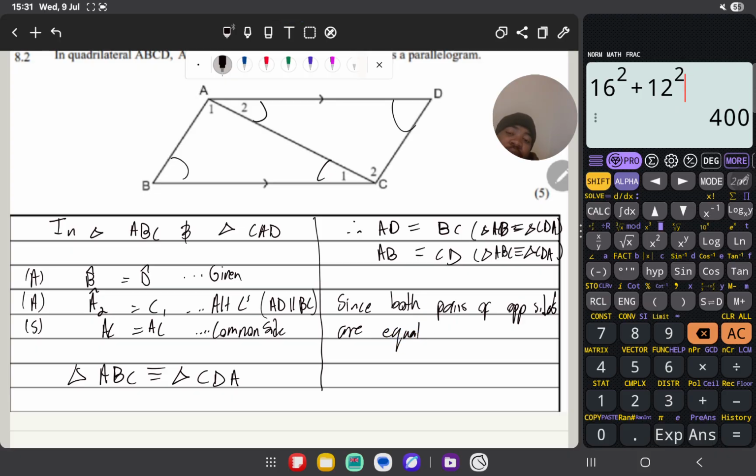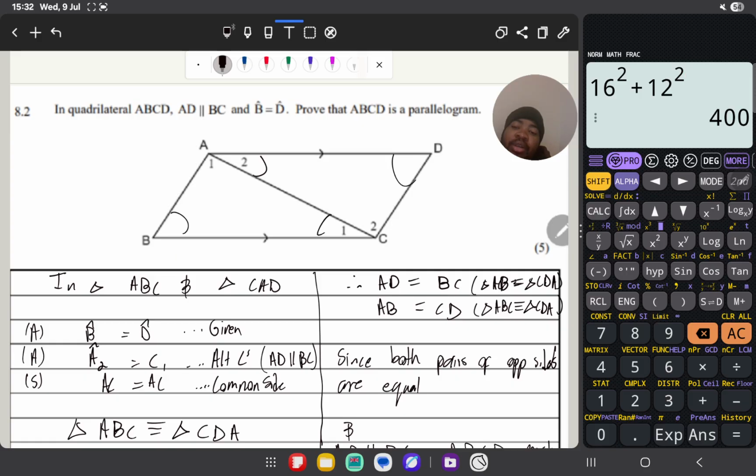So both pairs of opposite sides are equal, and AD is parallel to BC, right? ABCD must be a parallelogram, right? Yeah, so congruency was able to help us to say that AD equals BC